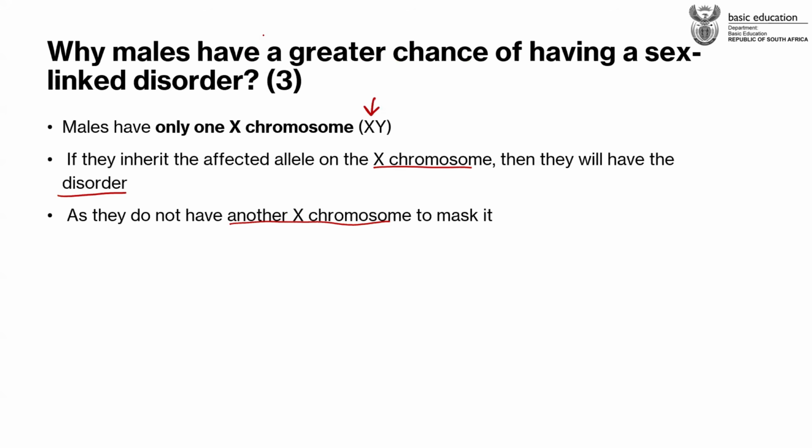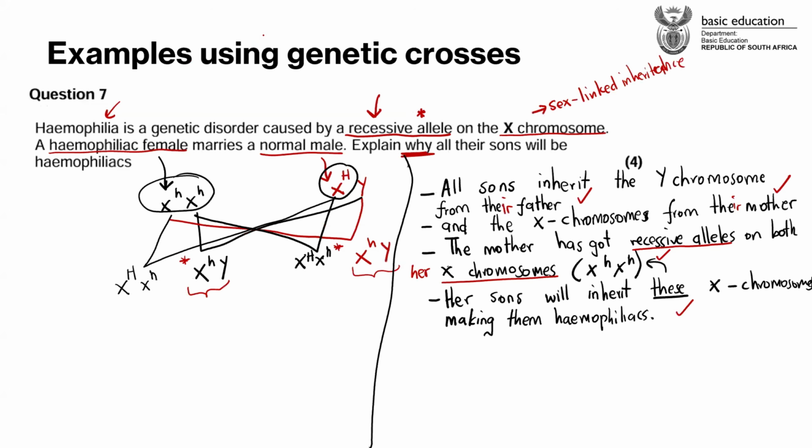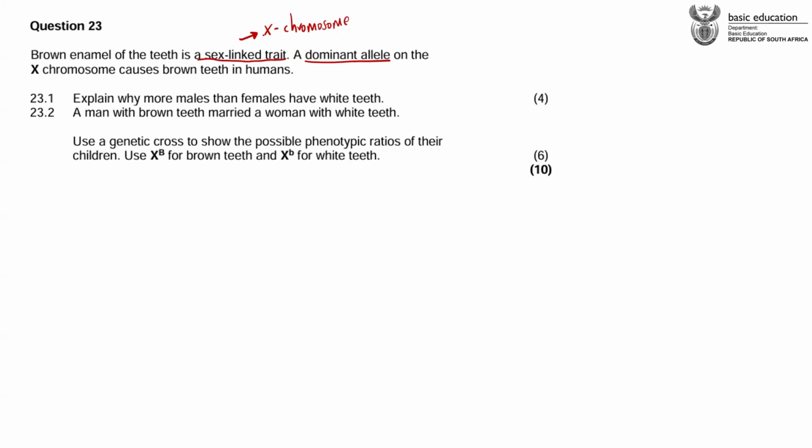Remember, guys, hemophilia was a condition being caused by a recessive allele, but some other sex-linked conditions can be caused by a dominant allele on the X chromosome. So dominant does not always mean that someone is not affected. No, do not cram that, please. You will read the statement. They will tell you whether a dominant allele or a recessive allele is causing the condition.